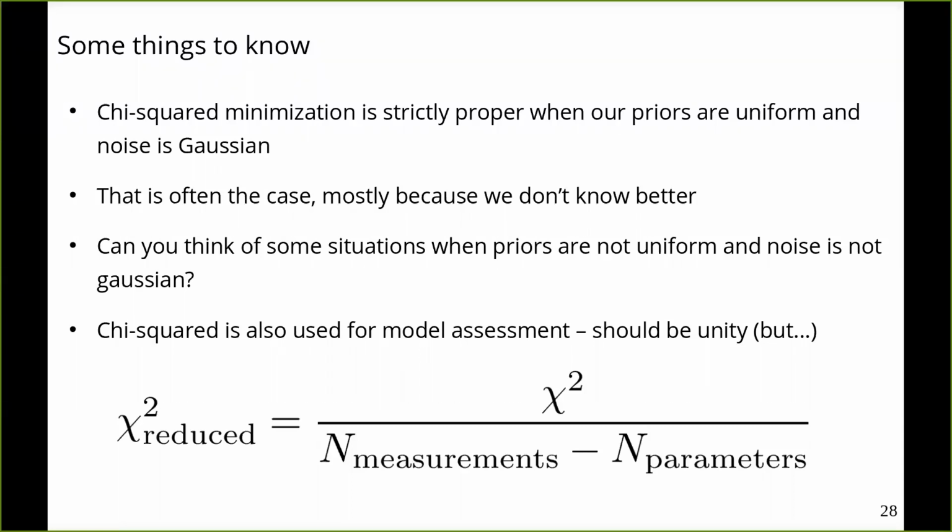And there is also another quantity that you might be familiar with. It is so-called chi-square reduced, which is basically normalized chi-square. You take the chi-square, you divide it by the number of measurements minus the number of parameters. And in principle, for good models and for good fits, this should be roughly 1. If it's less than 1, it means that either you have overestimated your noise, or you are using too complicated a model, which is so-called overfitting your data, and vice versa. If it's much bigger than 1, then it means that you have maybe underestimated your noise, or you're using too simple